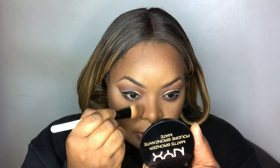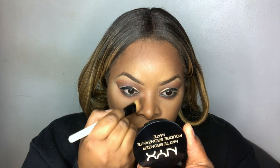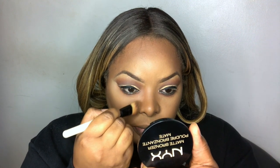So I just went in with my big Morphe fluff brush. For my nose, I like to do a little bit of bronzing. So what I've been doing lately is going in with a foundation brush like this one. And I just go in, apply some. And it helps that I've used this bronzer as a transition, because I can just bring the product down a little bit and it just matches, blends in basically, so you can see that nice, it goes straight from the nose into the brow bone. So yep,